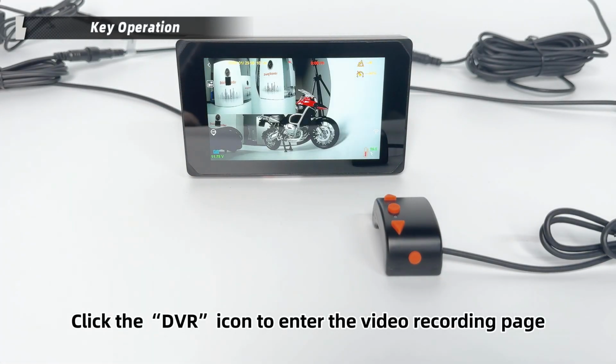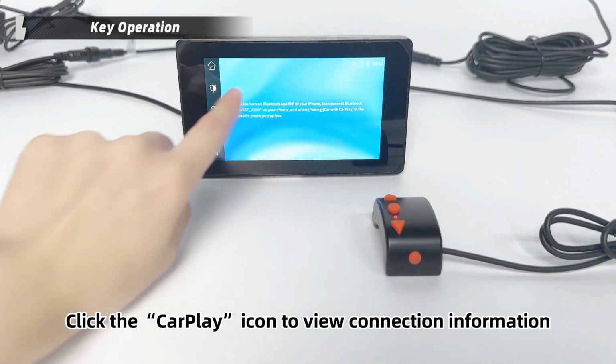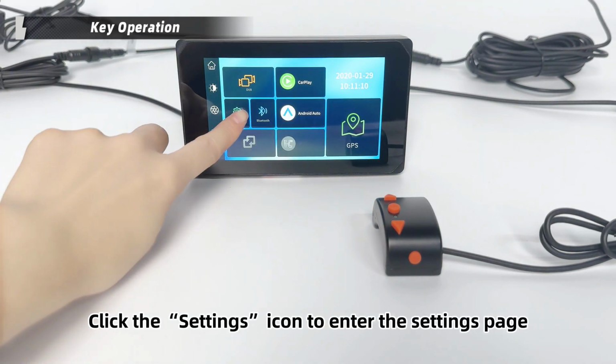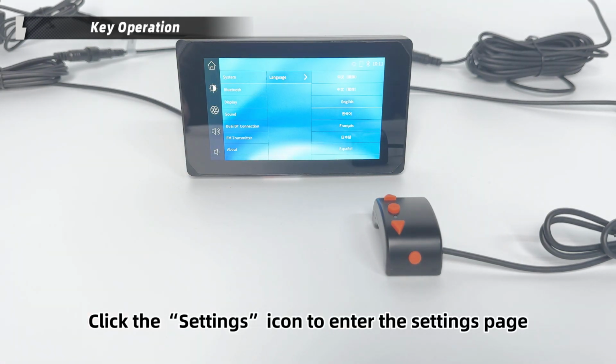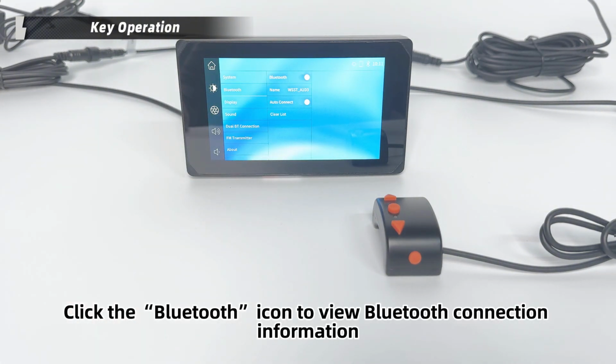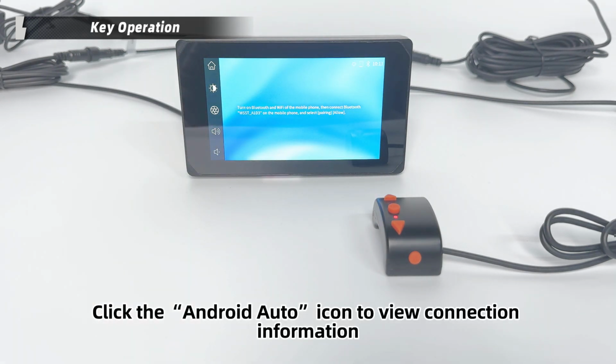Click the DVR icon to enter the video recording page. Click the CarPlay icon to view connection information. Click the settings icon to enter the settings page. Click the Bluetooth icon to view Bluetooth connection information. Click the Android Auto icon to view connection